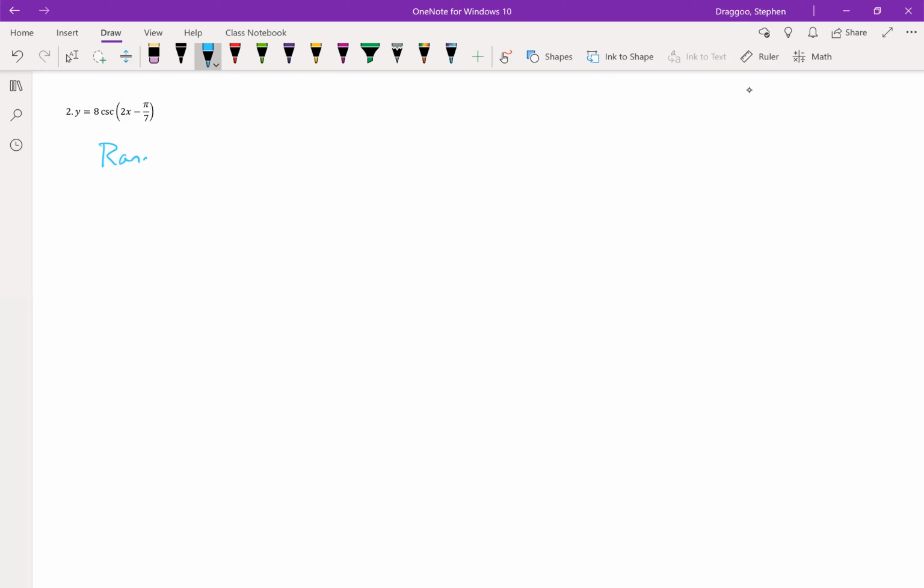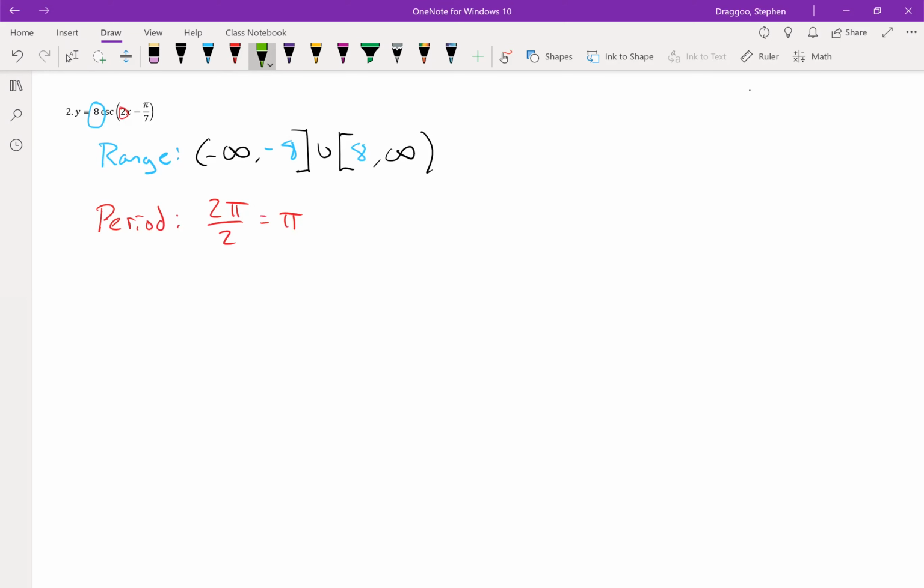All right, and the range for this next function, I'm going to be interested in that 8. So this range should be negative infinity to negative 8, union 8 to infinity. That period will be 2 pi over 2, which is just pi, and those asymptotes